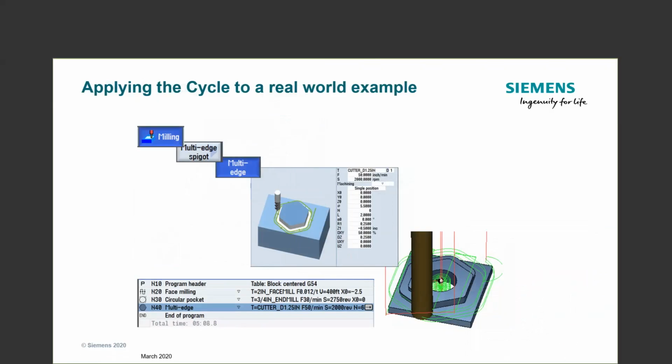And then to apply this to our example part, we will first select milling, multi-edge spigot, multi-edge, and answer these questions top to bottom. In this example, we'll be using a 1 1/4 inch end mill. So with that, transition back to SINUTrain